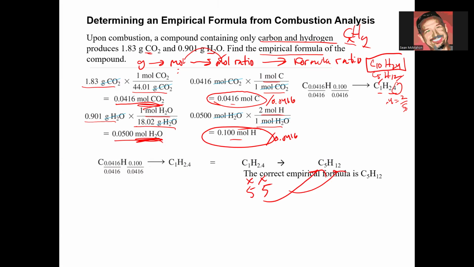So that's kind of a warm-up for combustion analysis. You're going to notice that some of your combustion analysis problems don't just have carbon and hydrogen as a fuel source. They're going to have oxygen. Now, the problem with that